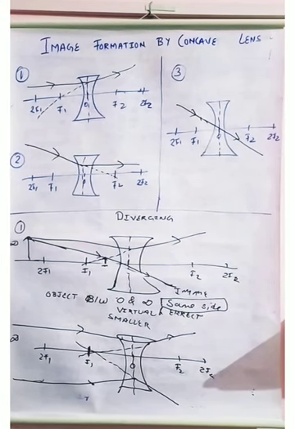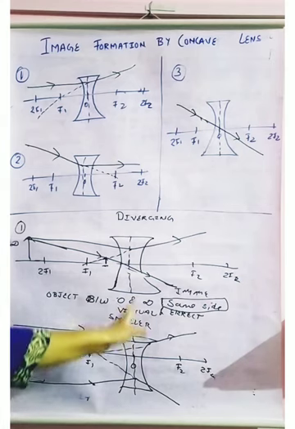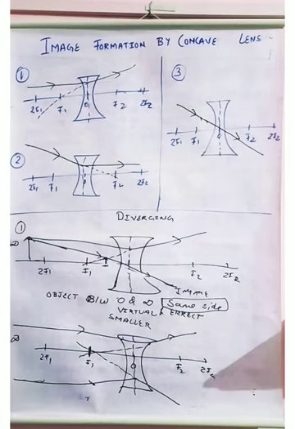And why are we not discussing the concave lens in detail? Because it always gives a virtual, erect and smaller size image. Okay. So this is all about the image formation and the rules related to lenses. In the next video, we are going to talk about sign convention, that is, what signs we use for measuring distances and all those things. Okay, thank you so much.